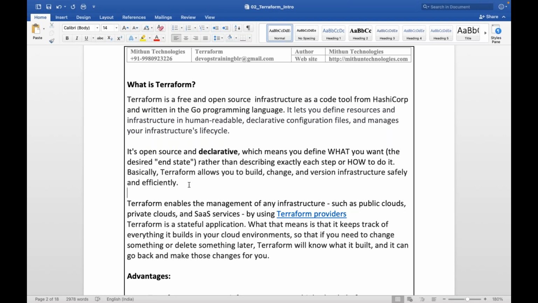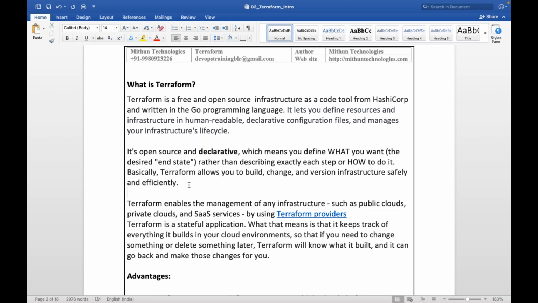You no need to define how to achieve the desired state. You no need to write step by step code in a procedural format. Instead, you just define your desired state, end state. Terraform knows how to achieve the desired state.